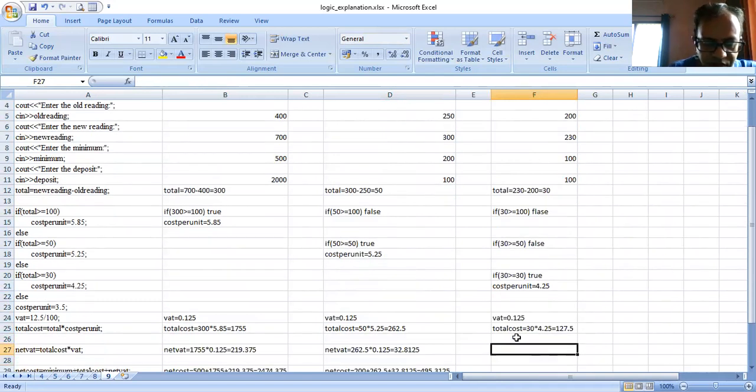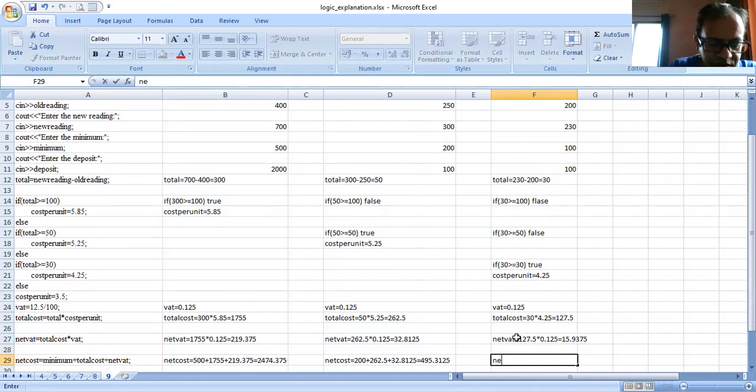The net VAT formula is the total cost, which we have got as 127.5 because we are consuming fewer units here, into VAT, which is 0.125. So 127.5 into 0.125 gives 15.9375 as the net VAT.